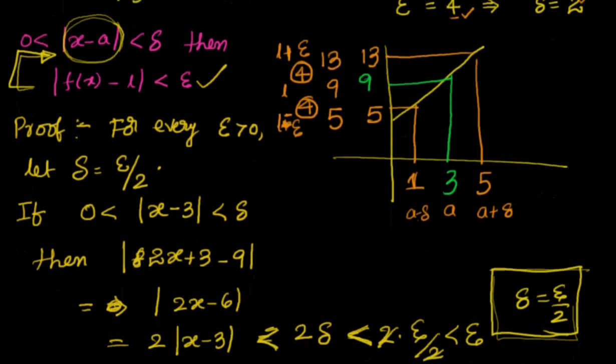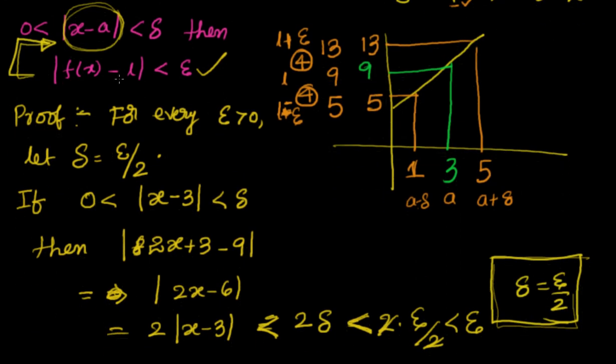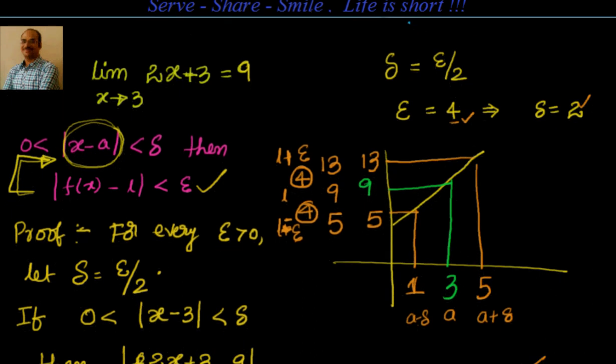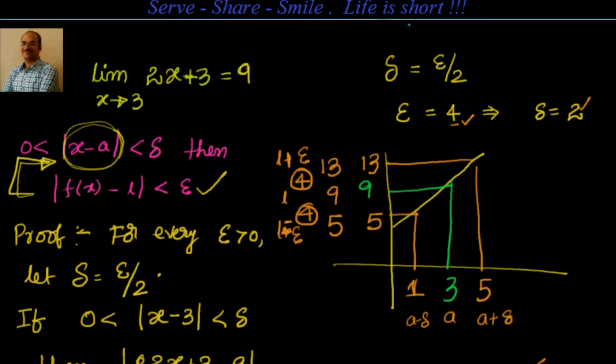Now what we have to remember is very simple. We have to start from |f of x minus L| less than epsilon and move towards |x minus a| less than delta. That will give you the relation between delta and epsilon. Once you have got it, you can go ahead with the proof and say that 0 less than |x minus 3| less than delta, then prove that |f of x minus L| is less than epsilon. So in the next session we will solve some more examples, from simple to a little bit intermediate level, just on this particular topic, the delta epsilon approach, and how to prove that the limit exists at a particular value.